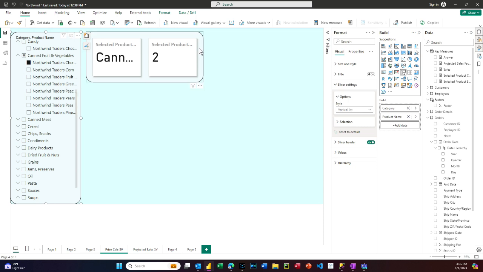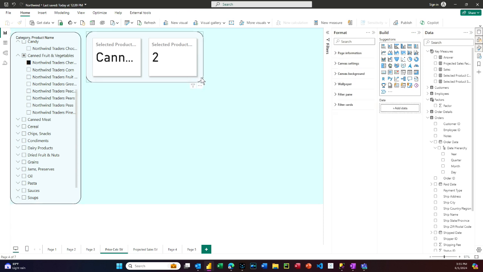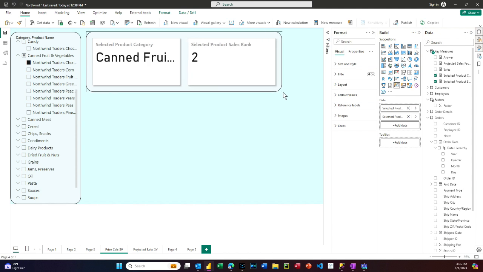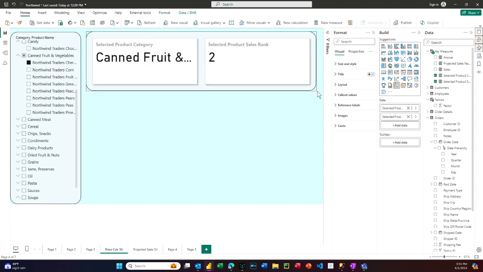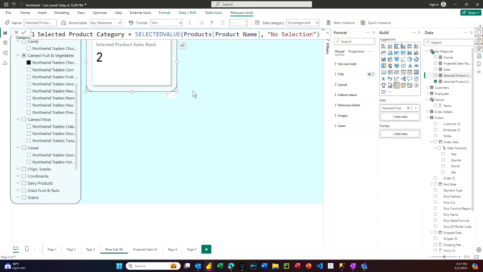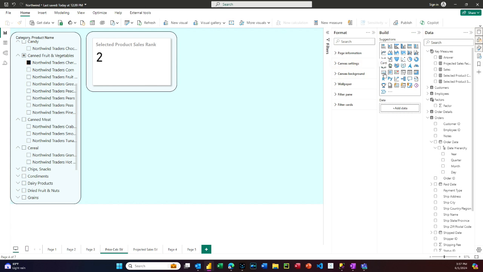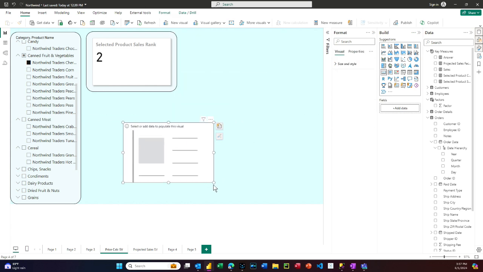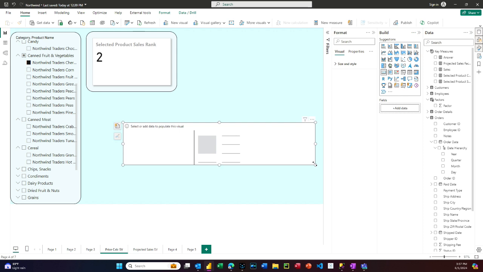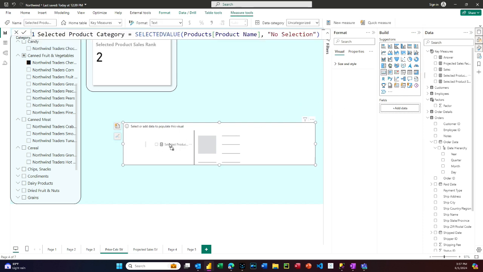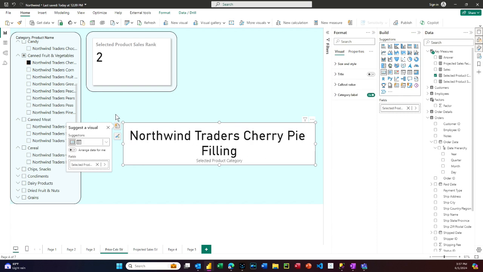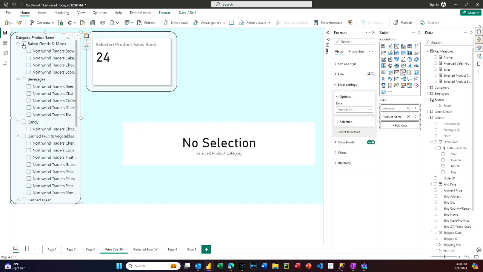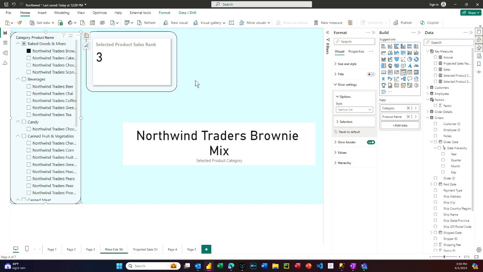So if I switch, let's expand this a little bit. Switch this up a little. We're going to put a new card down here just to show the selected product name. I've changed my measure to say name now. So now when I select a product,